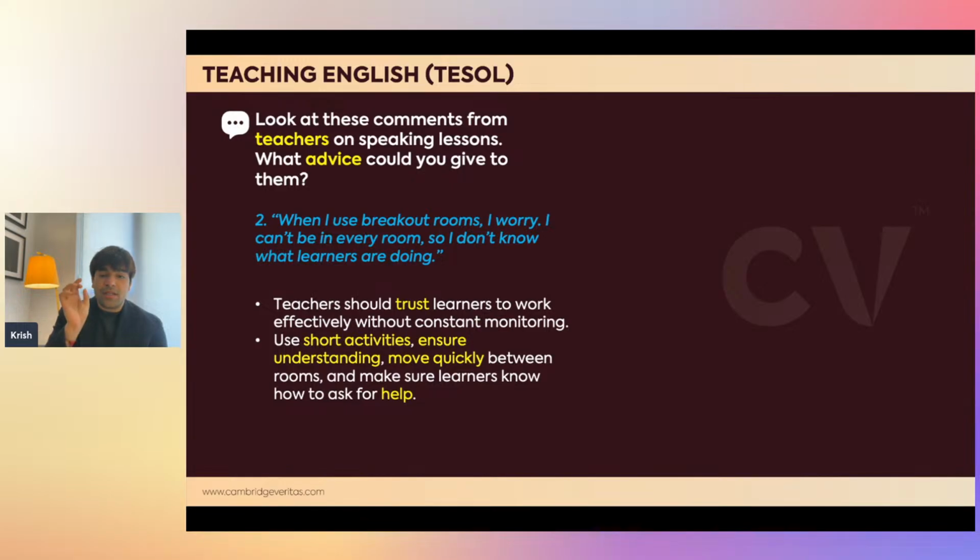Next, the teacher should use short activities, something that does not involve 15-20 minutes of task, something short, like a 5 minutes task. Also ensuring that your students understand the task. And one thing that Lavanya also mentioned is moving quickly between rooms, staying in one room for, let's say, 10 seconds, 20 seconds, not talking to the students, only just being with them there,